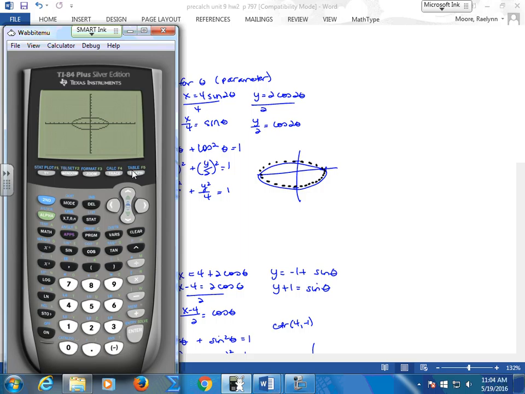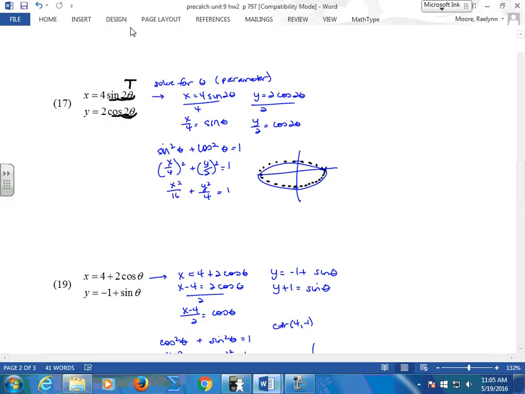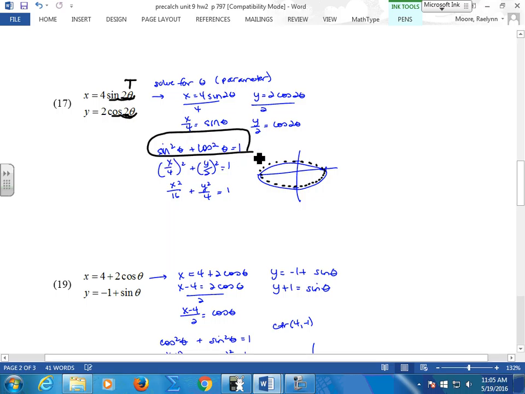But I wanted to get orientation. It started here, and time brought it around. That's where your time comes in. But does it look any different? It's still my ellipse. So now our goal is to get back to the ellipse equation, because does that look like an equation of an ellipse? No. But this is how we get our time in there, and it actually does graph a whole figure in here. So what we want to do is solve for sine, divide by 4, solve for cosine, divide by 2,